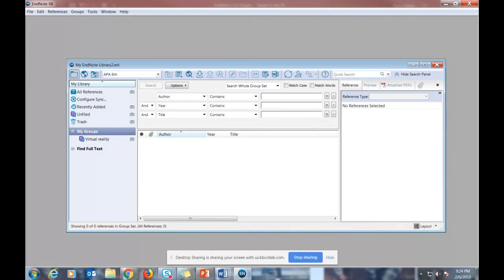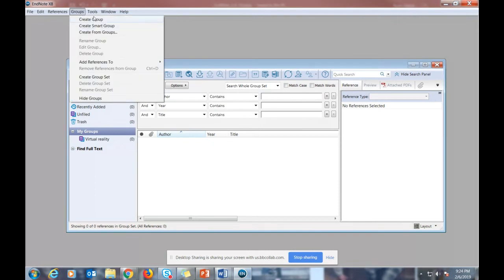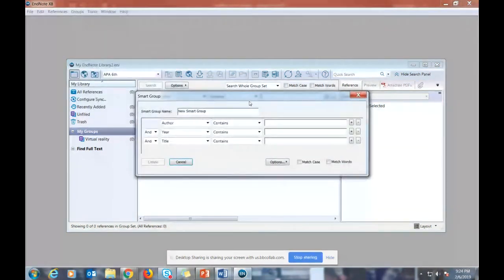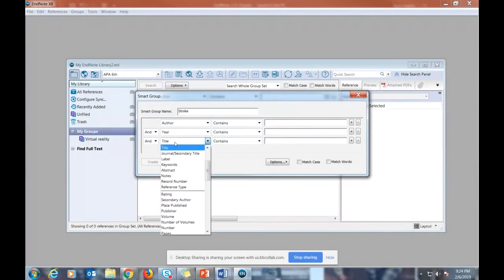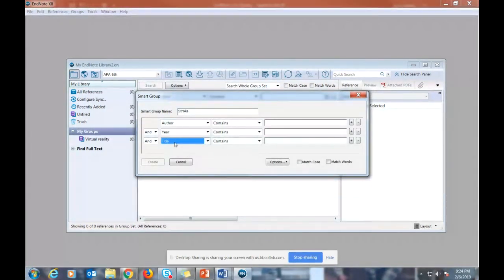You can also create something called smart groups. The cool thing with smart groups, and you'll see it right up here, is that let's say we want to do one on, I don't know, stroke. We're just going to name it stroke, and what we'll do is provide the smart group with rules. Now, the other groups don't necessarily have rules, and what makes the difference between creating a regular group for your citations versus creating a smart group is that